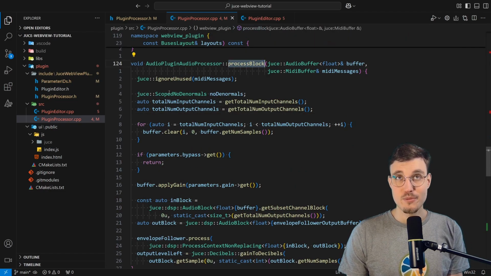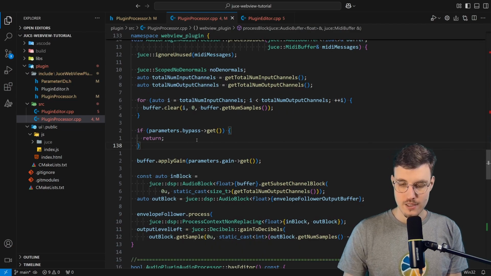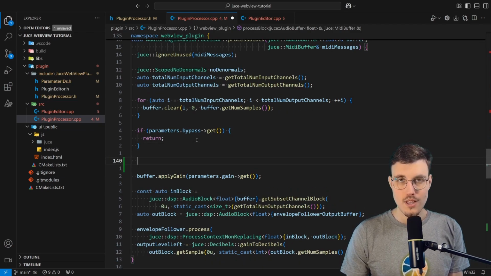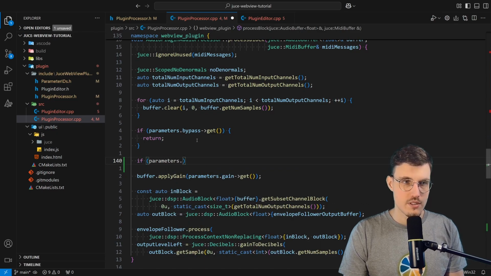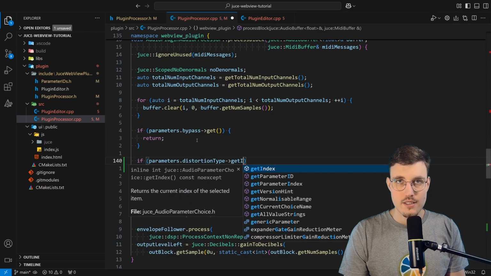So in the process block member function of audio processor, after clearing the samples that we don't need, and after checking for bypass, but before applying the gain, we'll apply the distortion. And how can we do it? Well, we first need to check which kind of distortion is set. So we go if parameters distortion type get index,